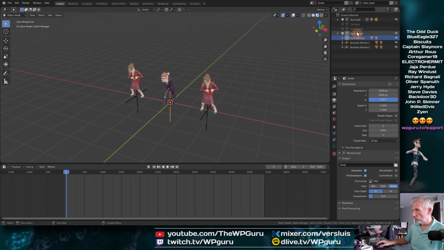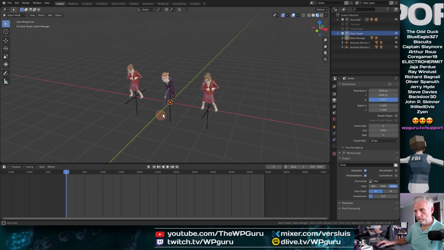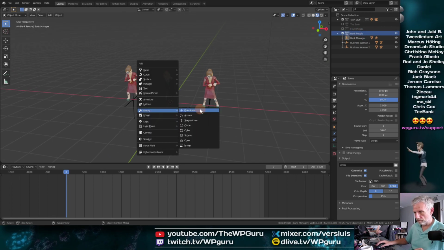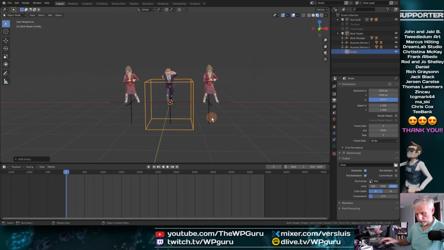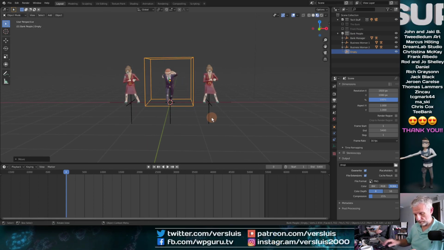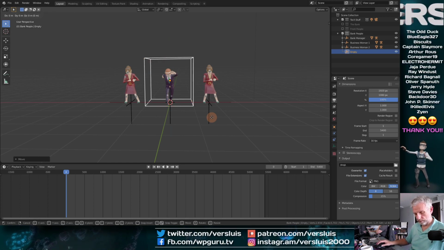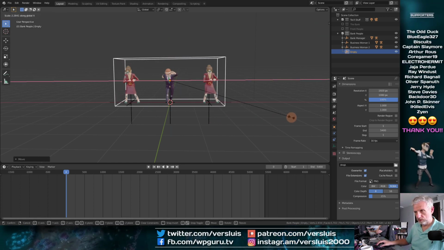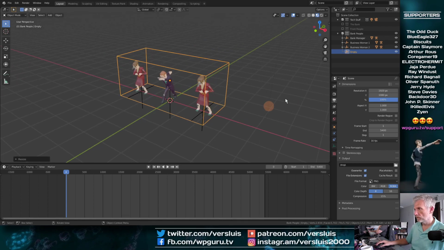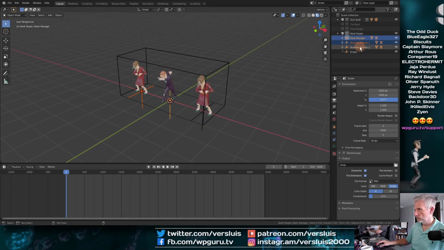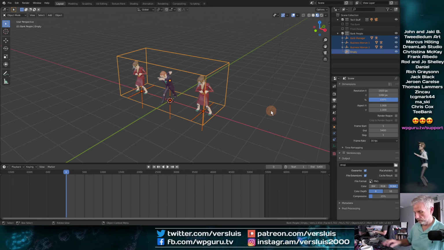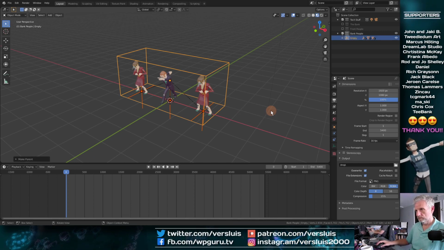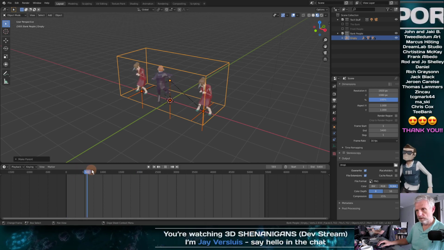And now we can move all these 3 guys into another empty. Let's use a cube. And I like for that to be here and scaled out somewhat. I'll select all these guys and then the empty last, and then go Control P, object. Boom. And you guys keep dancing.